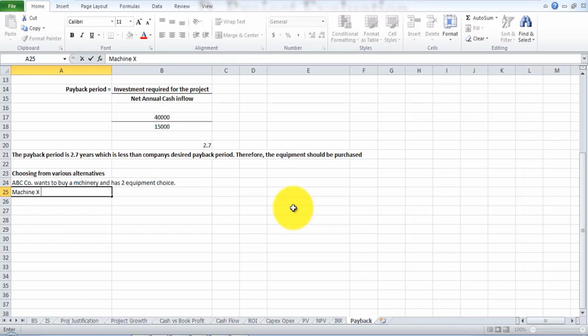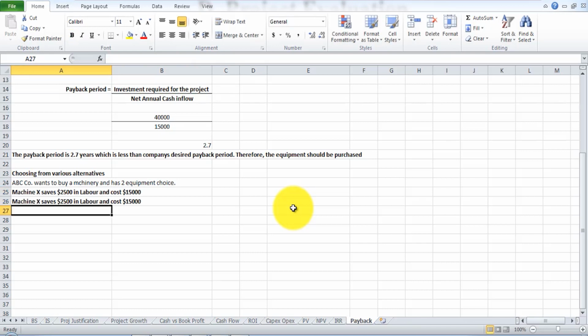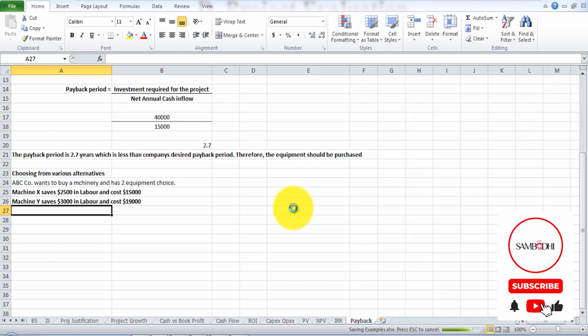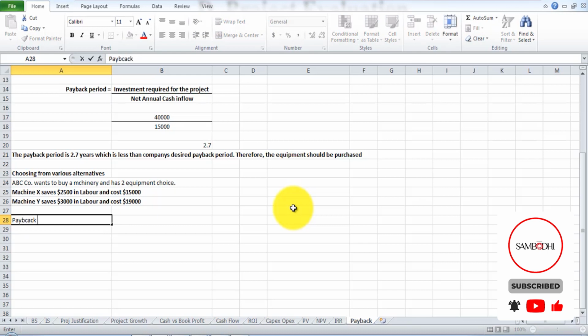Let's say machine X saves $2,500 in labor and costs $15,000 to purchase. Similarly, machine Y saves $3,000 in labor and costs $19,000. Okay, so to compute the payback period over here, for machine X,